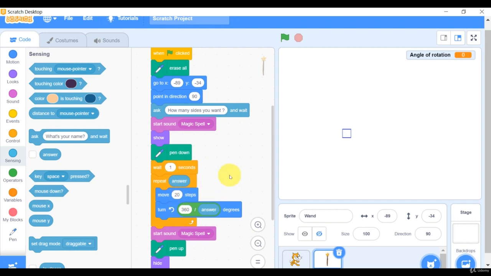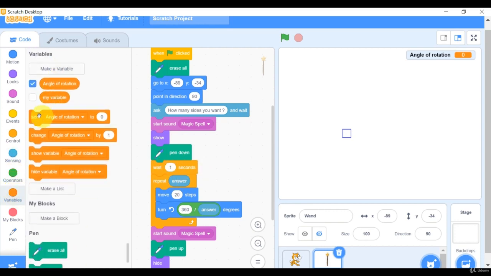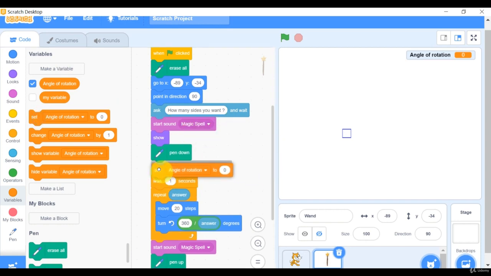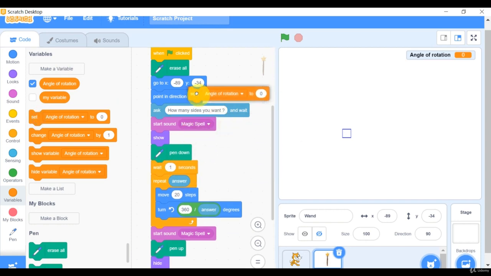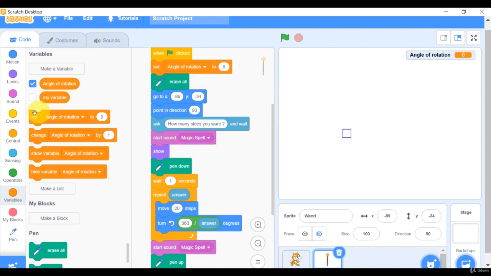Now the next thing is you must be asking why we created this variable. We created this variable because we can store the angle of rotation in this variable. How? Instead of doing all the calculation inside this, we can do the calculation here before starting this program. So if I go to variables, and go to set angle of rotation, at the start of the program it will be 0, and then after the user enters the number of sides,